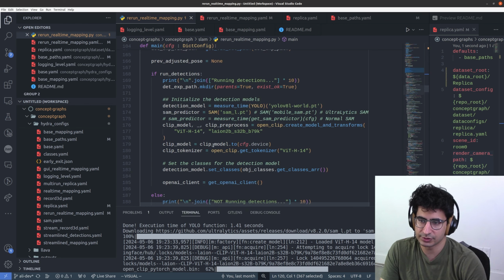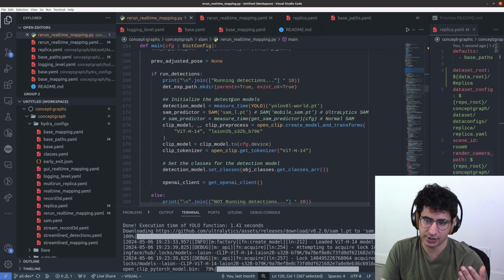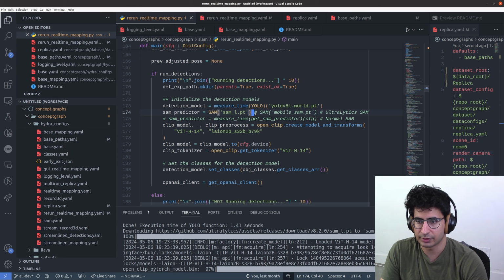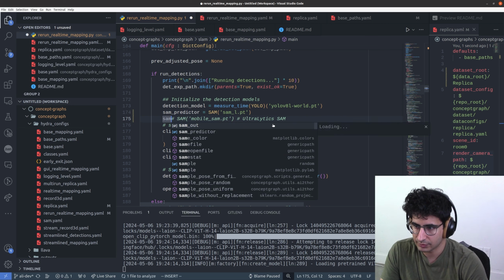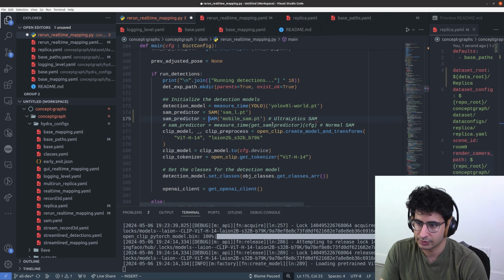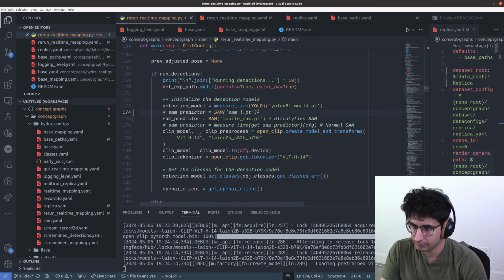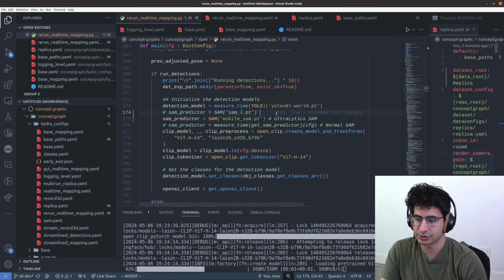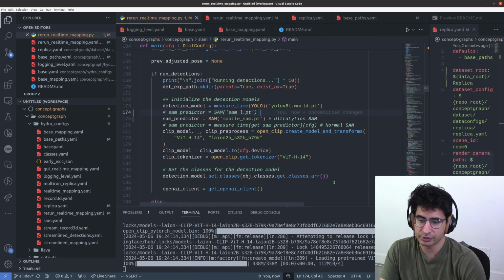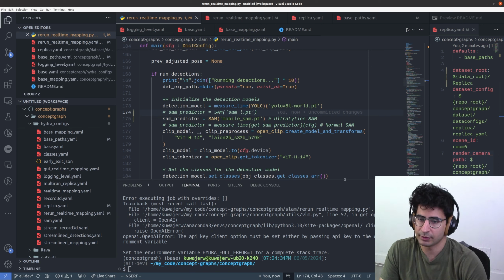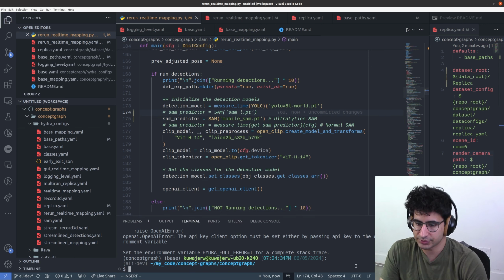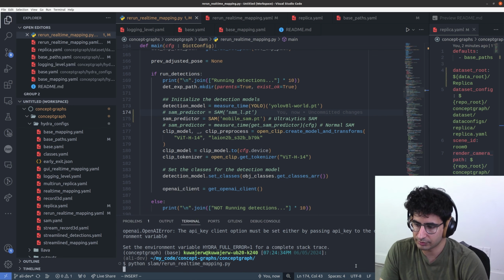And now if we're running detections, where you have the option to run detections or use detections that you've saved to disk already. Over here, we can change the model being used. So I'm going to say SAM predictor equals SAM MobileSAM.pt, which is a much smaller model that runs faster as well. Oh yeah, the OpenAI stuff for the edges. So okay, let's ignore that for now, and let's run this again with MobileSAM, and you'll see that it'll not